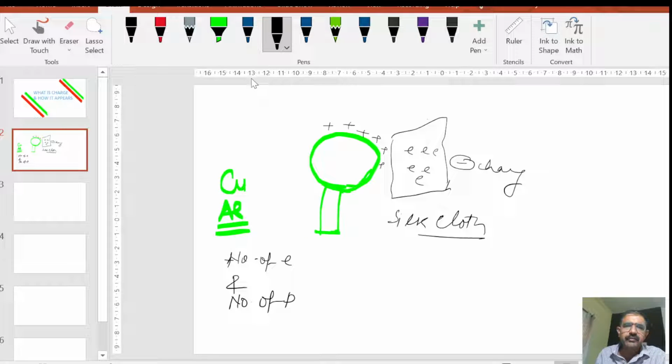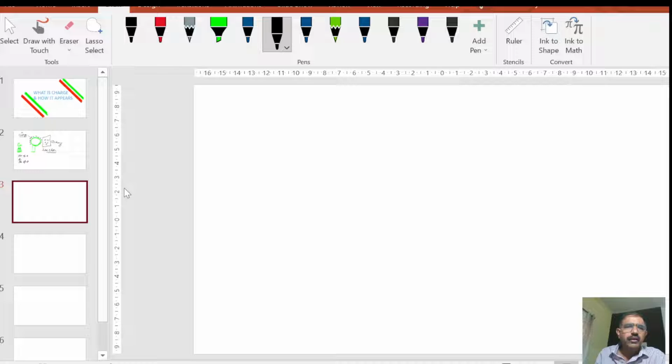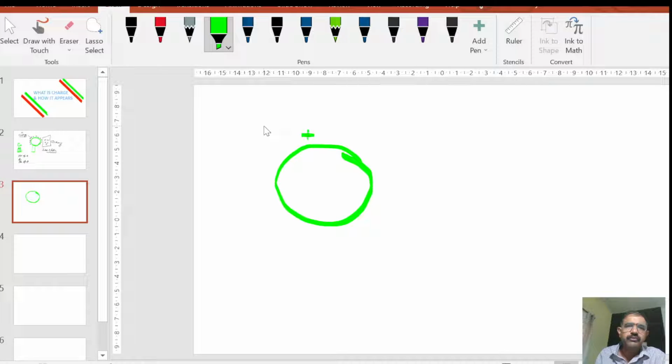So now if I separate both of these, then what happens? Basically I understood that like this got charge. So I can say now the metallic sphere is positively charged. Like this, charge appears on any surface. Now, how to calculate the amount of charge? So once again, the sphere which we charge, we will charge it positive.